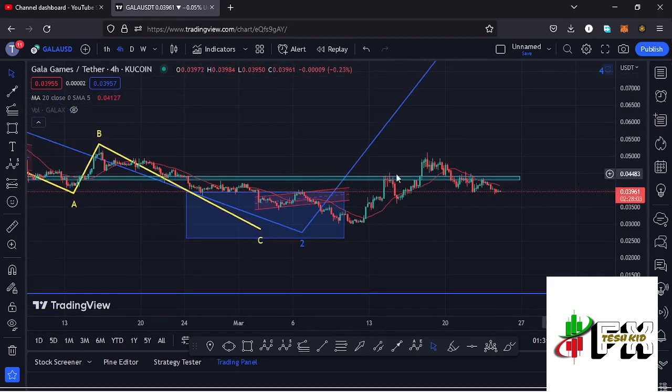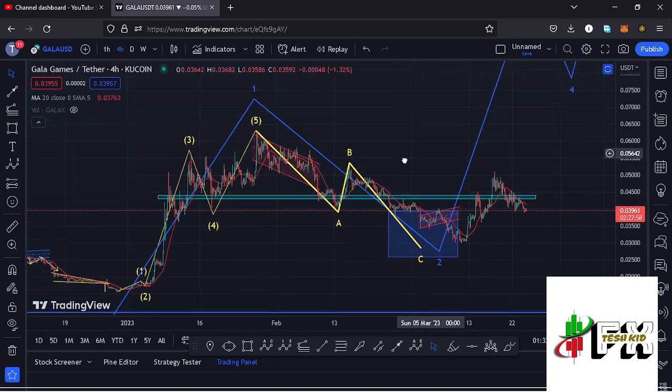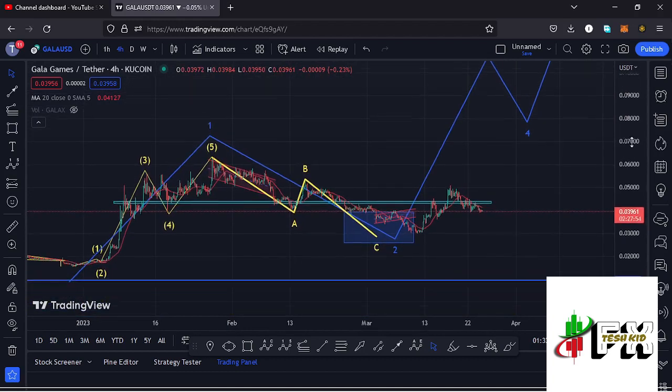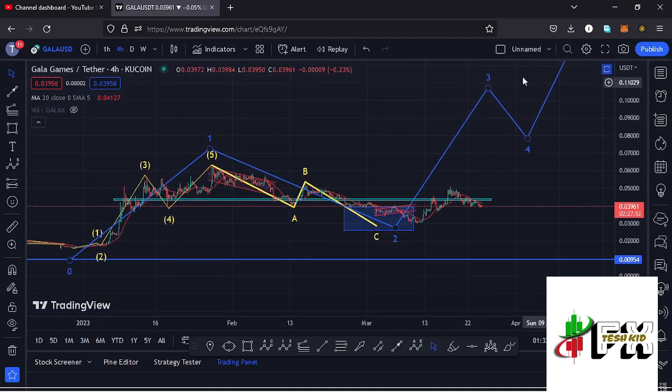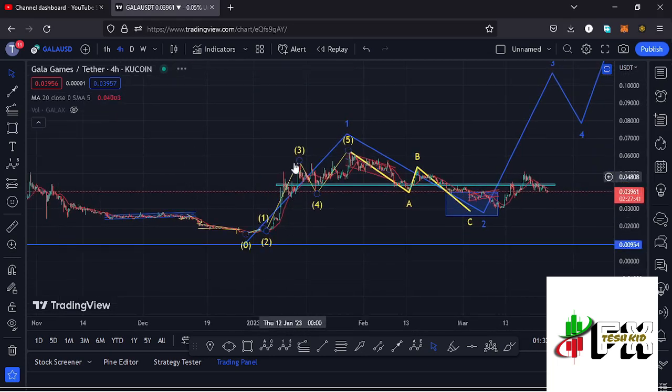And having managed to get into the minimum retracement area in the formation of that wave 2, there are high chances that we have now bottomed out in the formation of that wave 2, and whatever we are seeing at the moment is the start of a massive run up to the upper side in the formation of this wave 3. And all this is playing out after we fully peaked in the formation of a larger Elliott wave count 1, and that is after seeing this 5 wave structure to the upper side, having the wave 5 giving us a peak at around the $0.0632 mark, and also completing the formation of that first wave to the upper side.